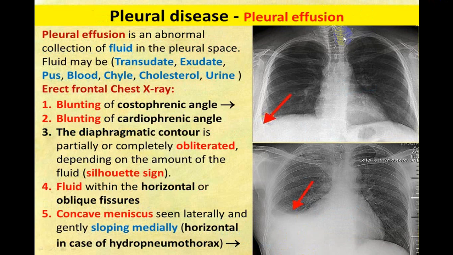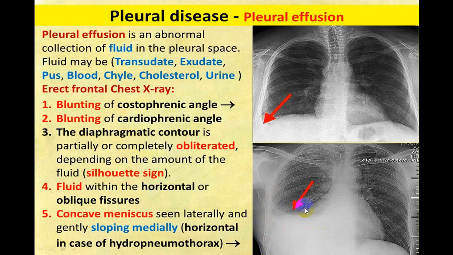Now, the third condition, which is related to the pleura. In the pleural cavity, if there is a collection of material which produces radiopacity, that is fluid. Fluid being heavy, it will go to the lowermost part, that is the costophrenic angle. So if there is blunting of the costophrenic angle, it will give rise to obliteration of the costophrenic angle because of a pleural effusion. And as the fluid increases, the diaphragm will not be identifiable. Border of the heart will not be identifiable. So it will produce a Silhouette sign with the cardiac border, with the diaphragm, and with the chest wall. So the costophrenic angle will be obliterated.